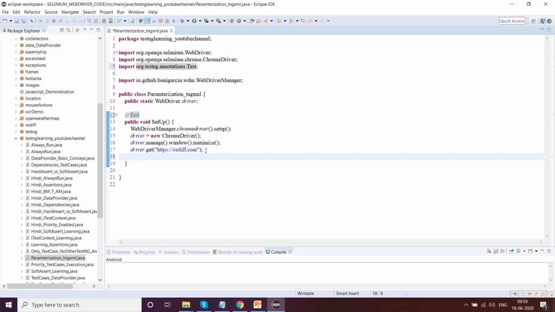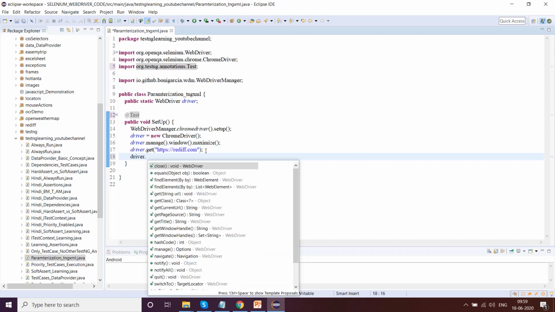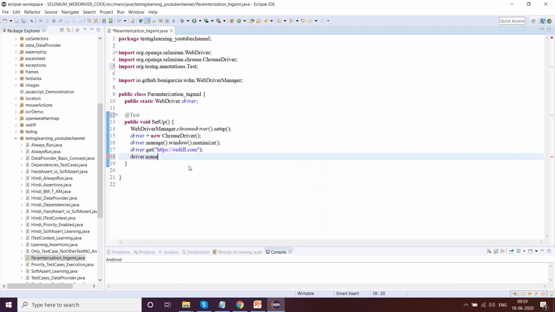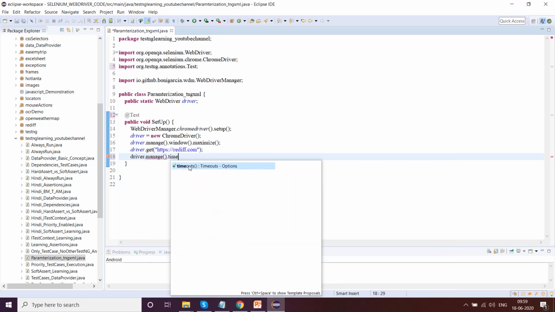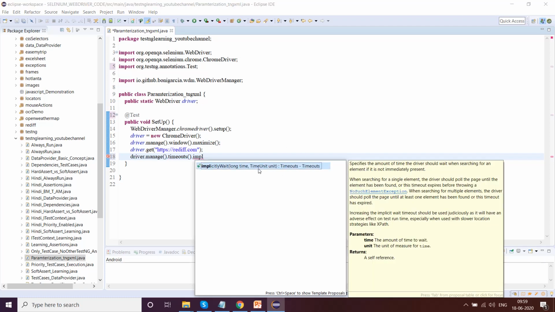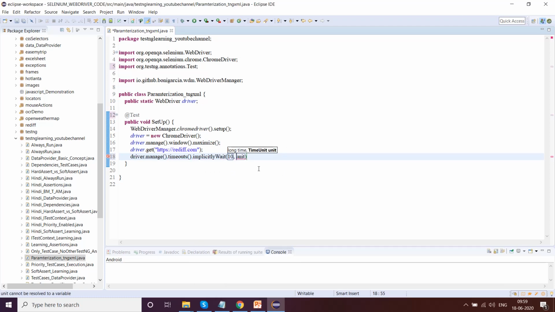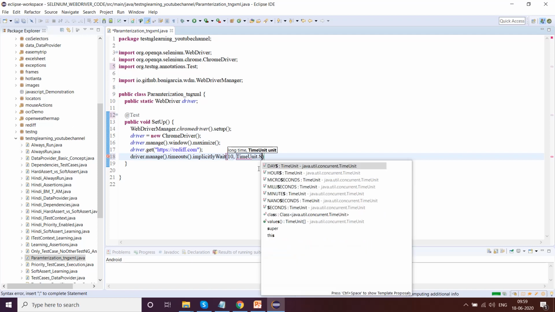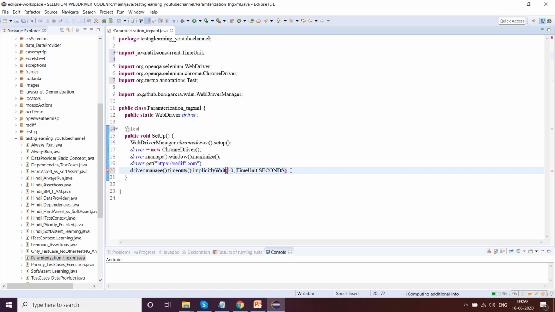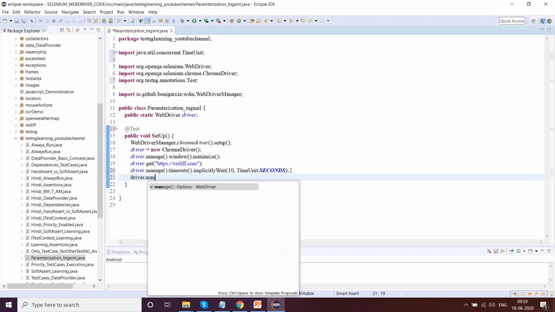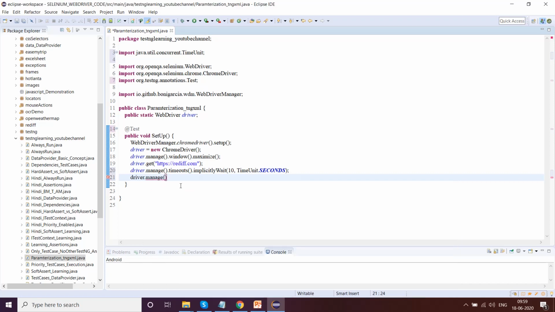So let's go ahead. Driver dot manage dot timeouts dot implicitly wait 10, time unit dot seconds. Guys, I cannot speed up my execution time because I code and it takes some time, so have certain patience.